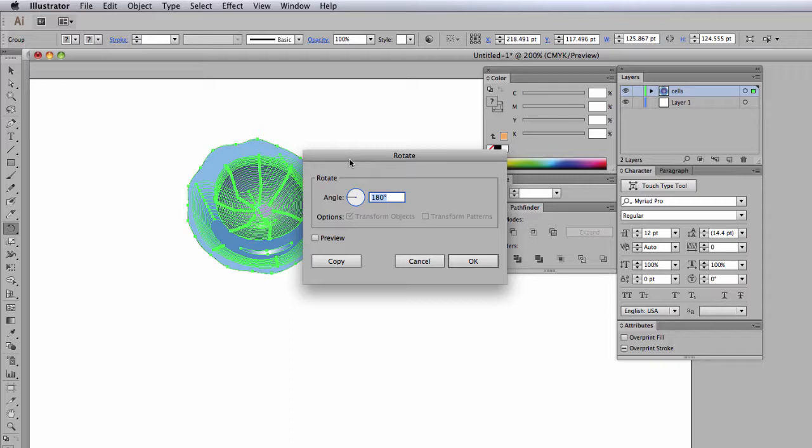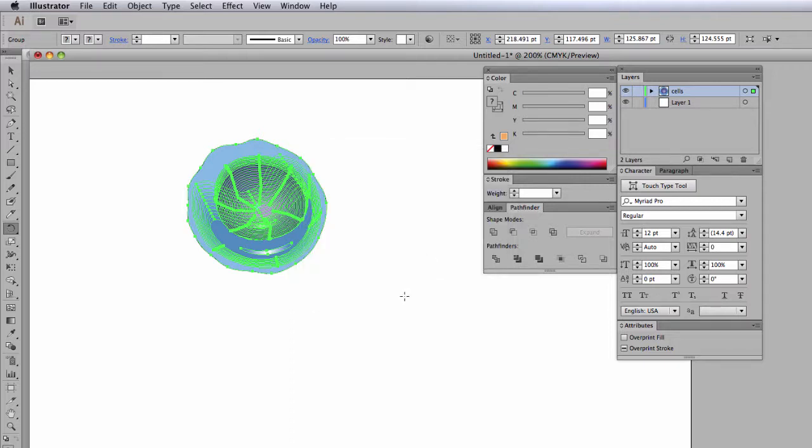Now the problem with that first approach is that you don't get to enter a precise angle. The second approach, you get to enter a precise angle, but you don't get to define the center of rotation. There's a third method where you get to do both, where you get to define the center of rotation and enter a precise angle. The way you do that is by holding down the Option key